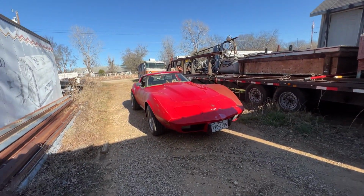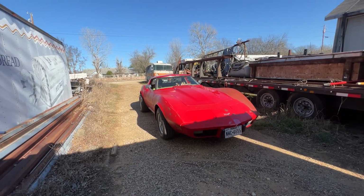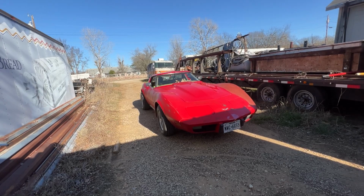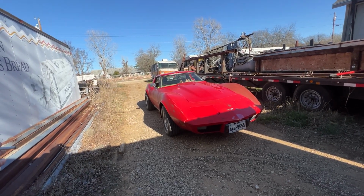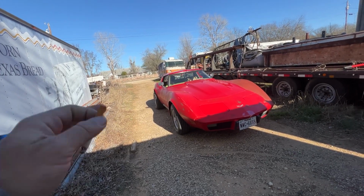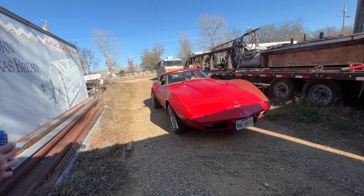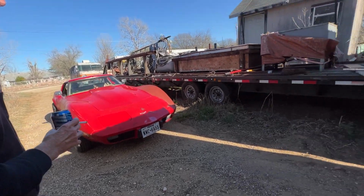So this is my 77. You do realize a 454 will fit in that hole. Yeah. And if you go back to 74 when the hood was smaller, you can get it in that hole too. I had a 75 with the 454 in it. I never had it running. I ended up selling it, but when I had my shop in Fort Worth there on